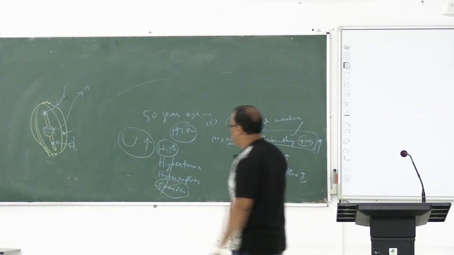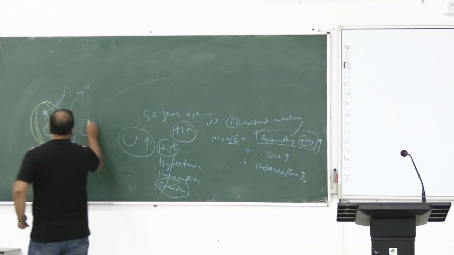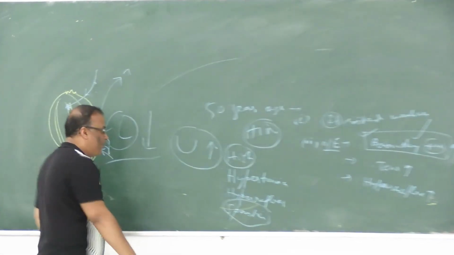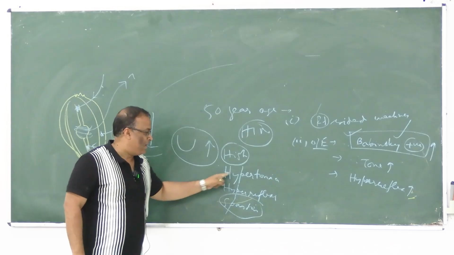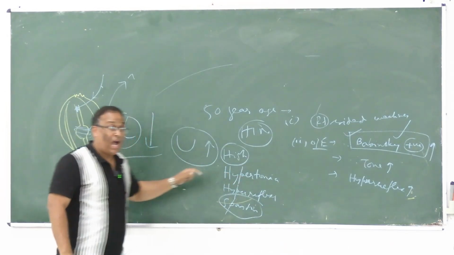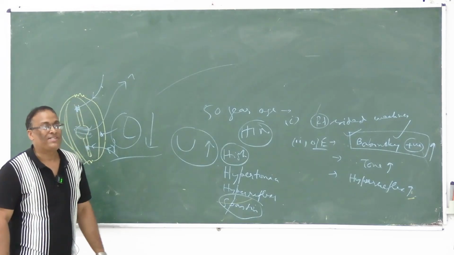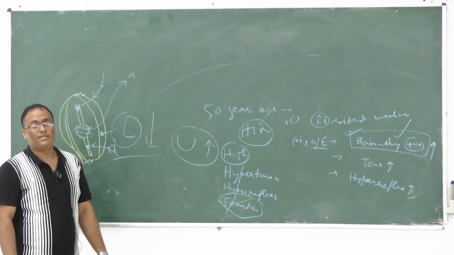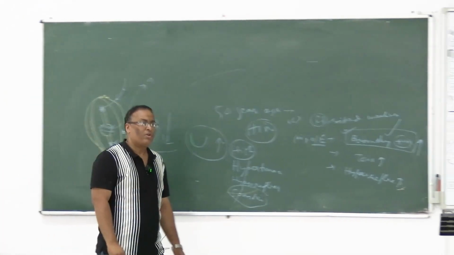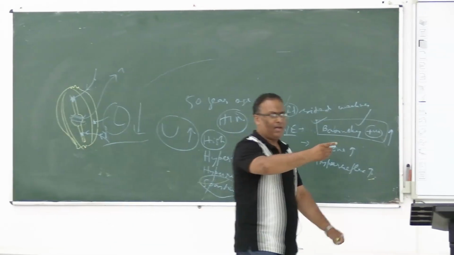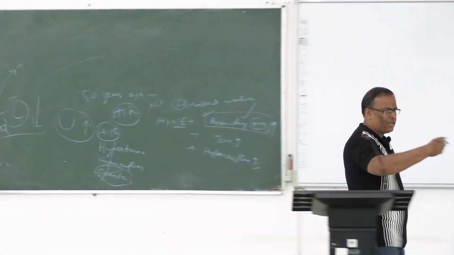And others, what are the others? Lower means lower. L means lower. Lower means what? Hypotonia, hyporeflexia, and spastic জায়গা কি হবে? Flaccid paralysis. So any patients like your SMA,